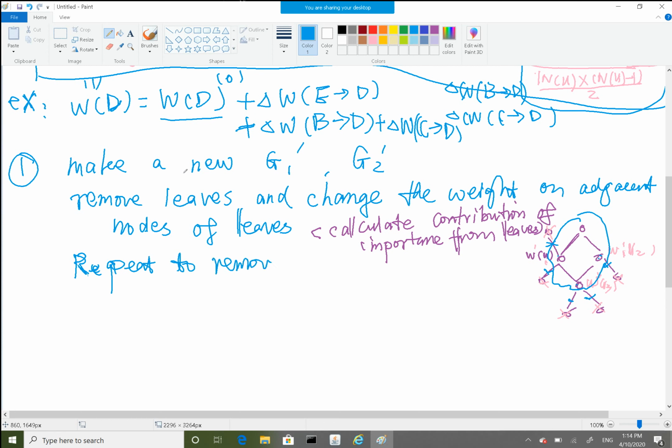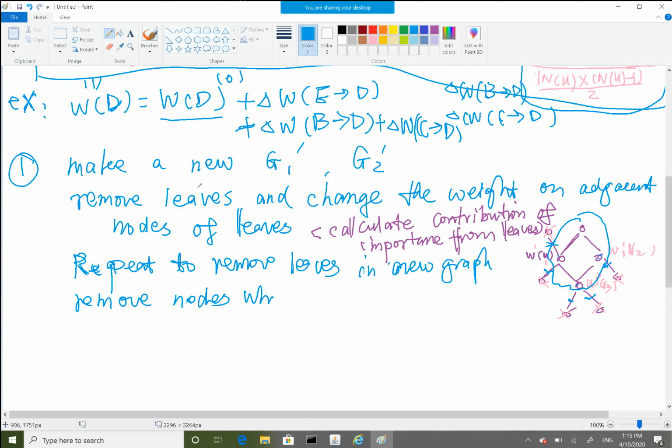Remove leaves in the new graph. And then if there's nothing you can remove, then in that case you propagate. If there is nothing you can remove, then you repeat these leaves, right? And if there's none, then you remove the loads